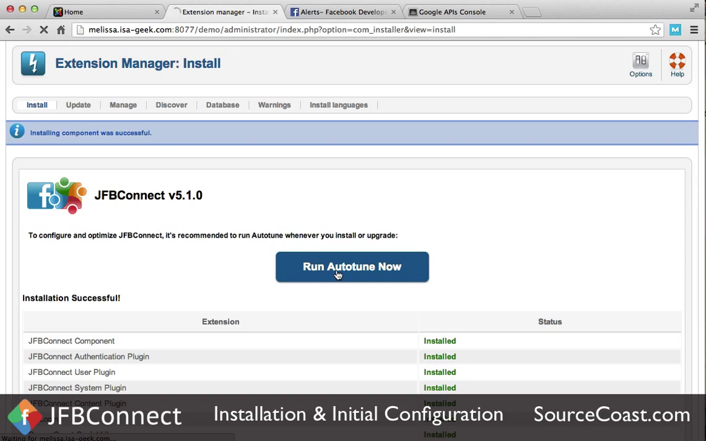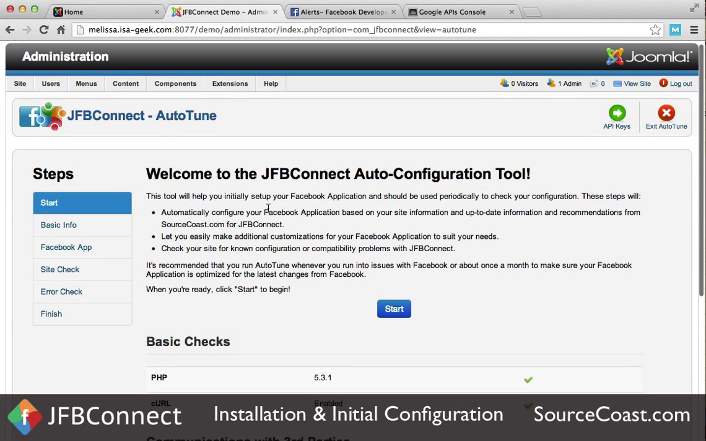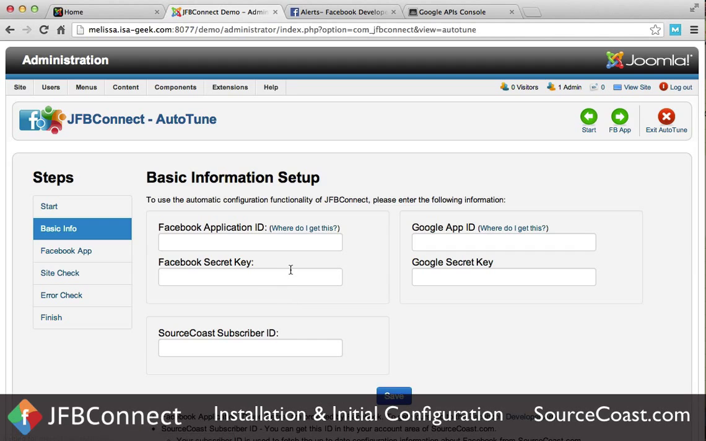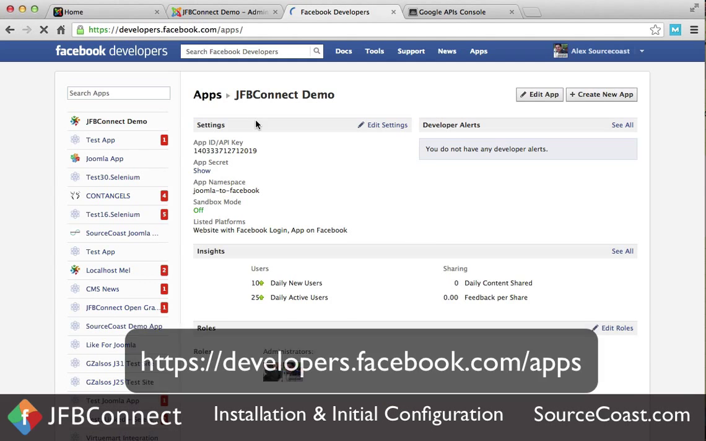Once that's done, we'll click Run Auto-Tune. This is the configuration wizard for JFBConnect. It'll do some basic checks, and here we enter our Facebook application and Google app IDs. In order to get these, we go to